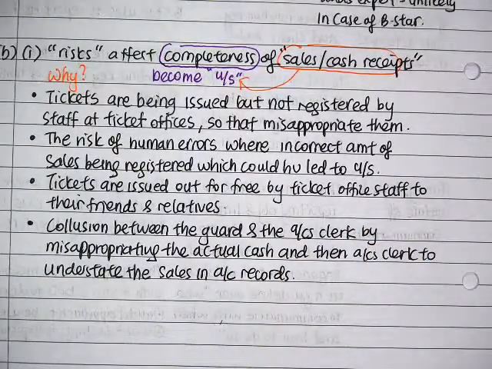If there's only one guy doing it, it's difficult, correct or not? Because there's a guard and there's a clerk there. The clerk takes, the guard will know. The guard takes, the clerk will know. But you collude both, nobody knows. Yes or not? So two persons involved. Now this is an example of risk.